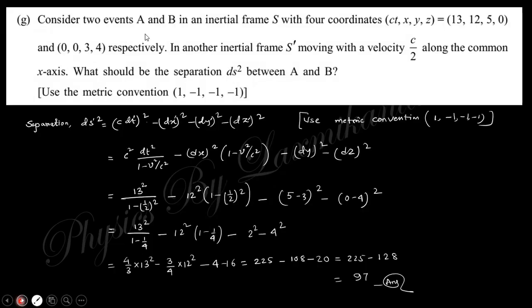Next question says, consider two events A and B in the initial frame S at these coordinates. Okay, in another system S prime moving with respect to S at c by 2 along the common axis, what will be the separation ds square between A and B? So just put this value, the metric convention is plus, minus, minus, minus, that is the time part is positive, and these are negative. So just put this value, you can say that dt prime equals the Lorentz transformation. Use the Lorentz transformation and put this value, we can easily find out this ds square. Okay,